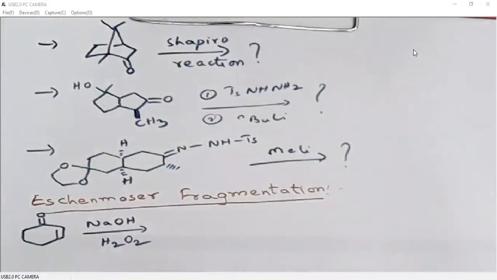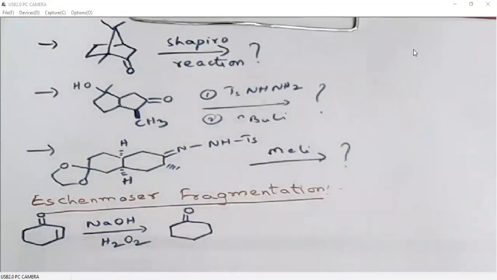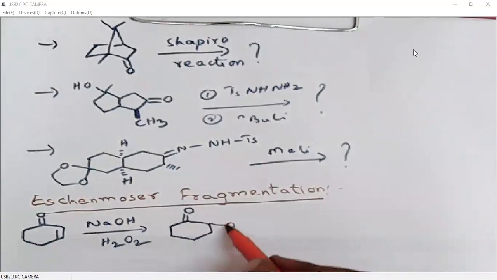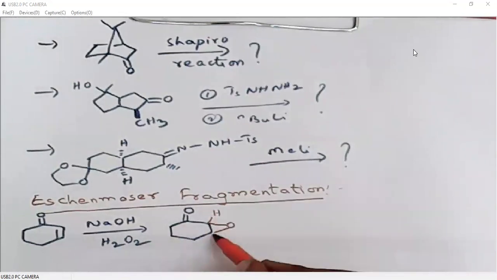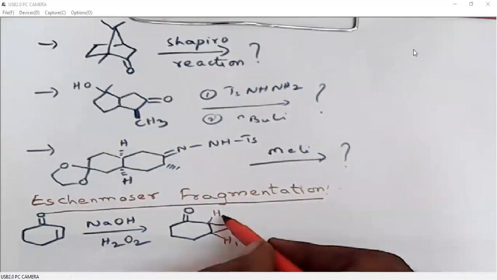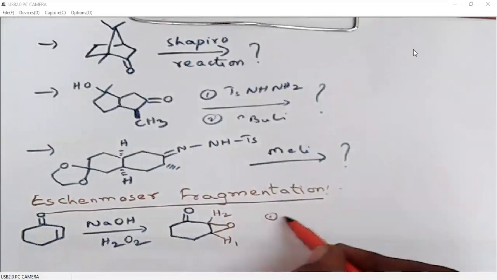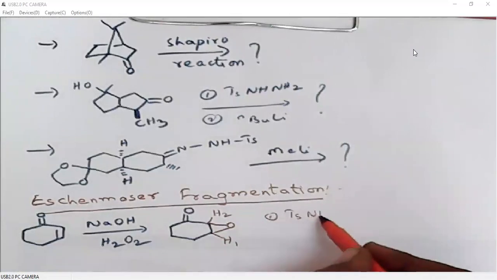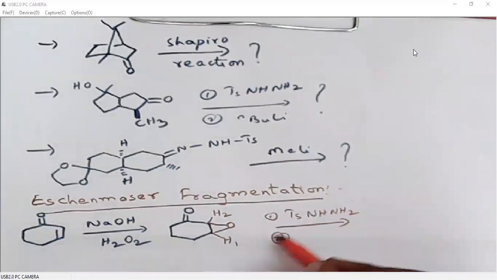When we do nucleophilic epoxidation, what we are getting is an epoxide here. Of course, we have 1, 2, 3, so the fourth bond must be hydrogen. So I will be labeling them hydrogen 1, hydrogen 2. When we apply Shapiro reaction conditions on this epoxy carbonyl,